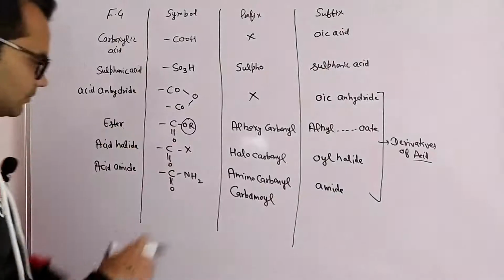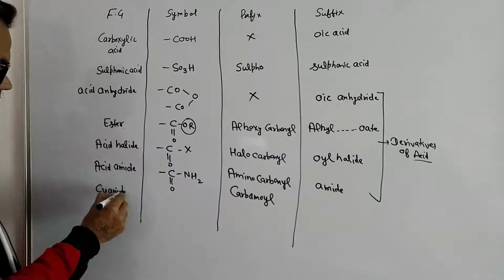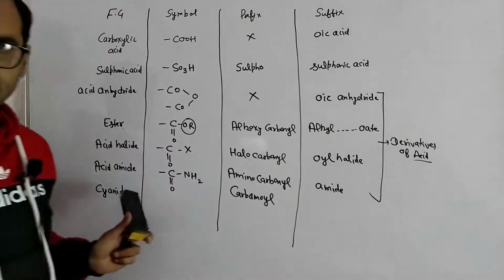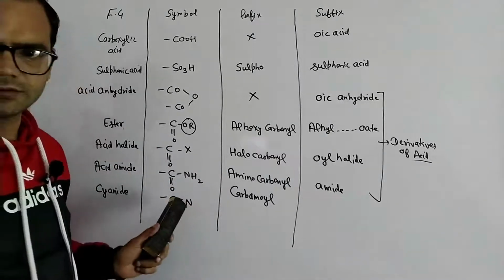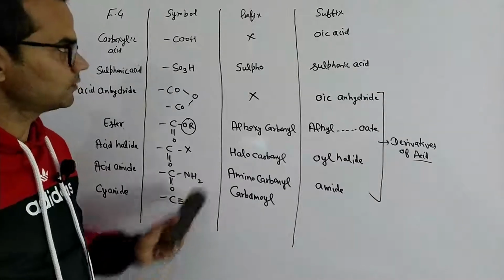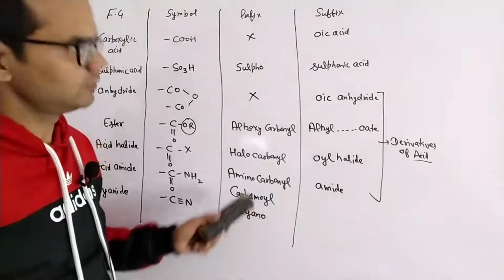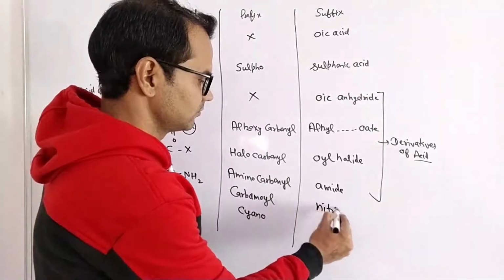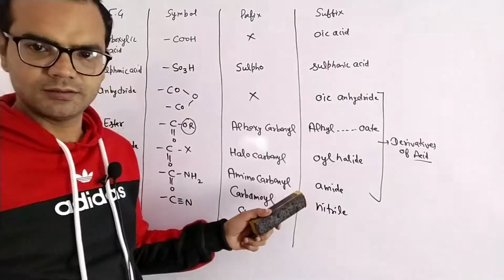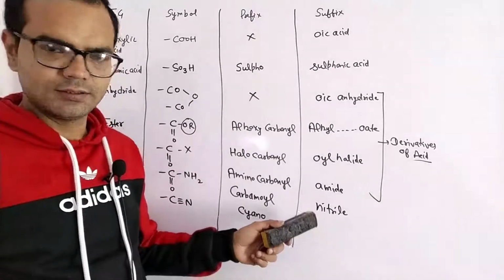Next is cyanide. Its symbol is CN. A triple bond is there between carbon and nitrogen. Its prefix is cyano, and its suffix is nitrile. So here we have gone from carboxylic acid to cyanide. Next is